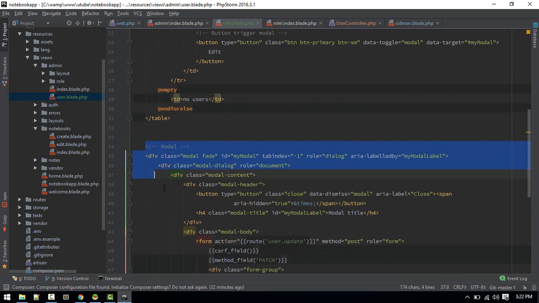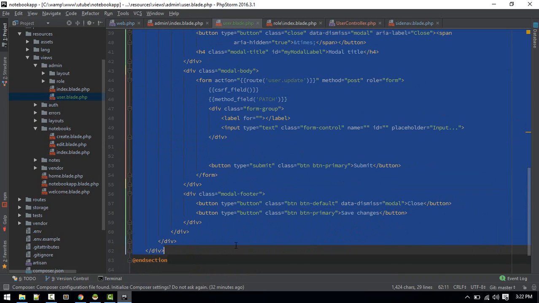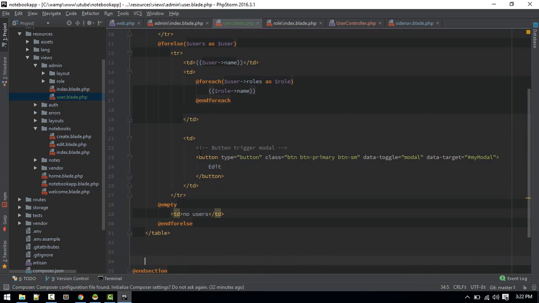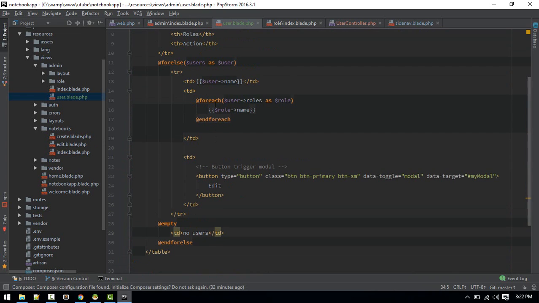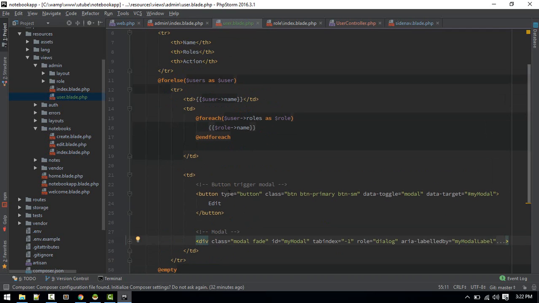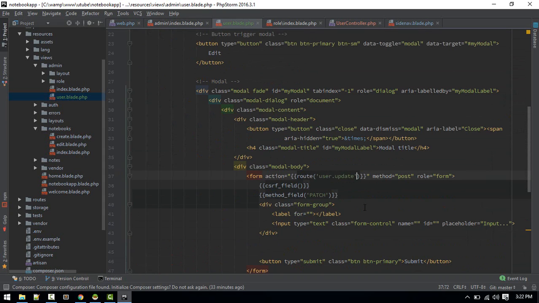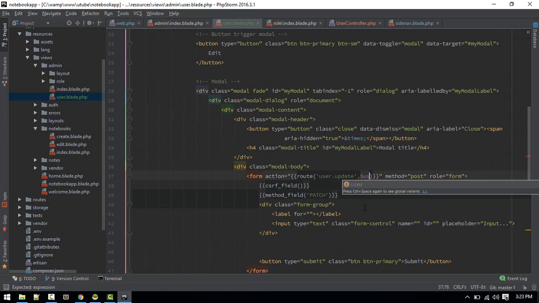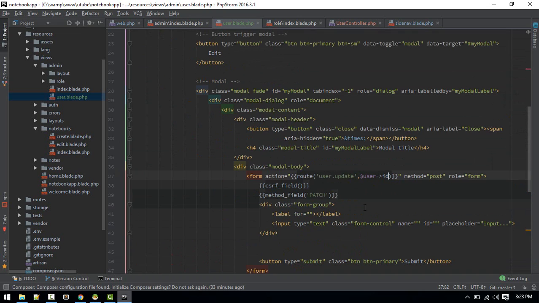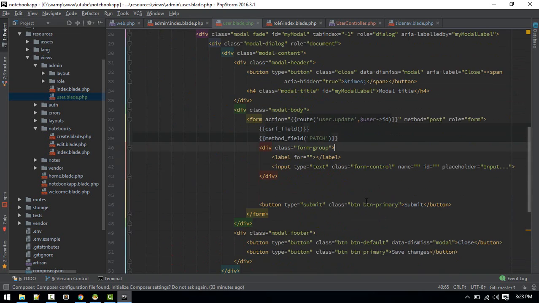Okay, actually just keep this modal window just below this button, because we will be needing the ID in order to edit that. So here now we can use user ID, and yeah, so this form,